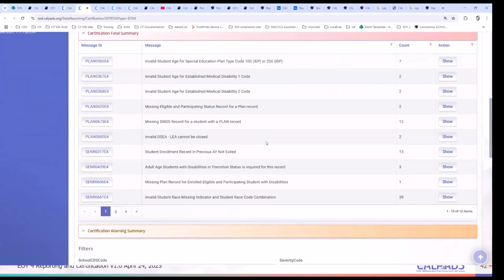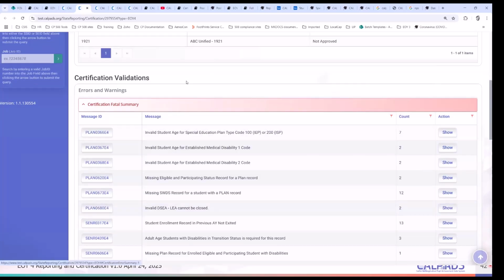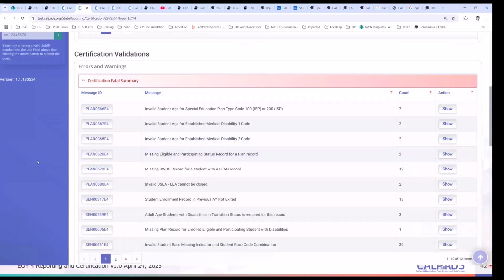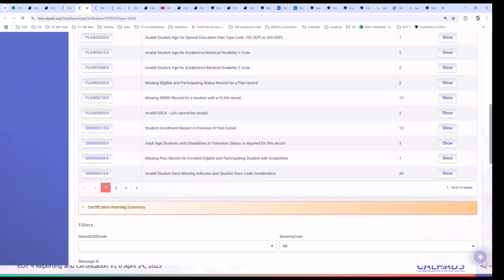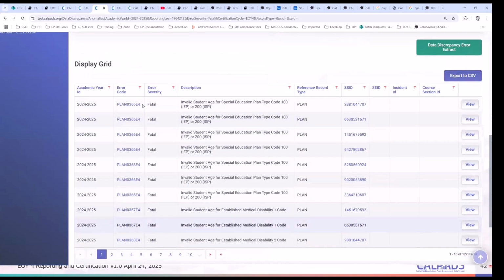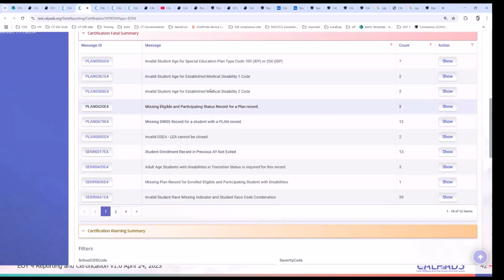And then you also have the validations or certification errors that will appear if you still have data that are uncorrected. If you notice here, you have errors with the prefix of the file types. These are called CDDs. Essentially, these are errors that manifest if you haven't worked on your data discrepancies. So these are the same errors. If you haven't fixed these and a snapshot runs, then of course those errors will get added into this mix.